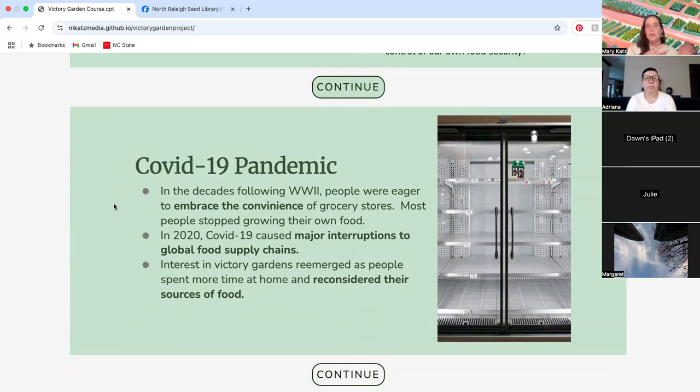The reason there's a big time jump is more or less, again, there were people I'm sure that did focus on victory gardening, but there wasn't any kind of government commission that I found. And you also, of course, between the end of World War II and nowish, had the rise of large factory agriculture, or the continued rise of that, as well as the convenience of grocery stores and restaurants, fast food in